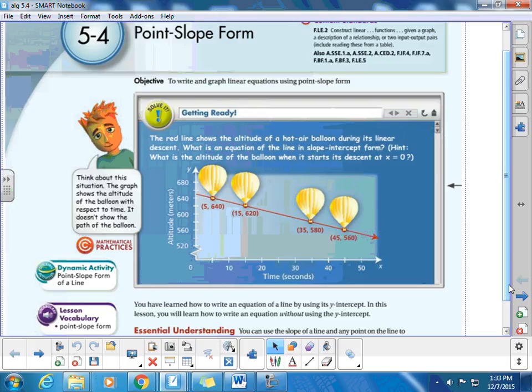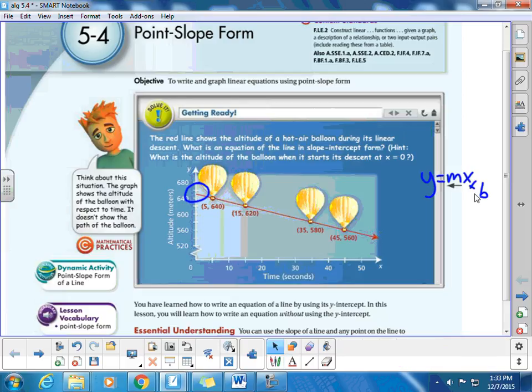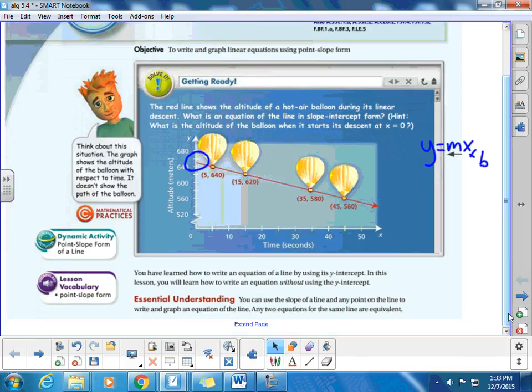Well, we learned before slope intercept form, y equals mx plus b. Where's the b? Where we begin. So that would be 600 and something. And then we'd have to figure out the slope by using these two points. And we learned how to do that yesterday, but we are going to learn a new way of doing it